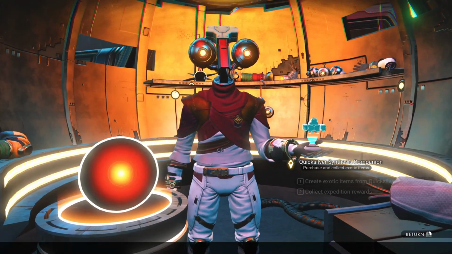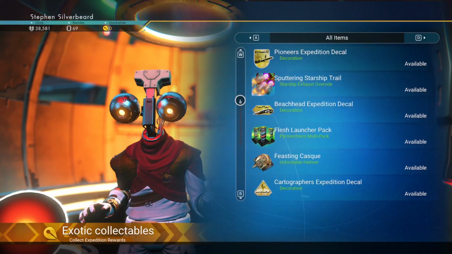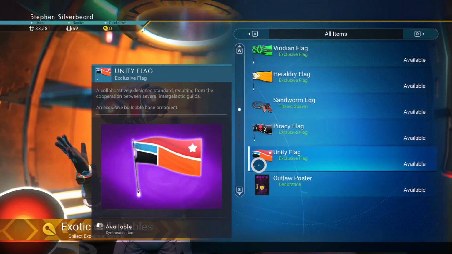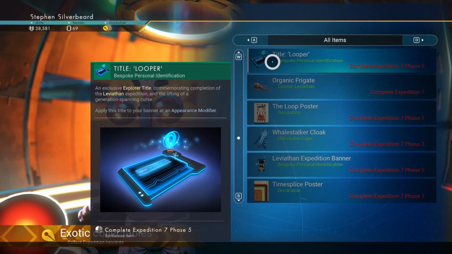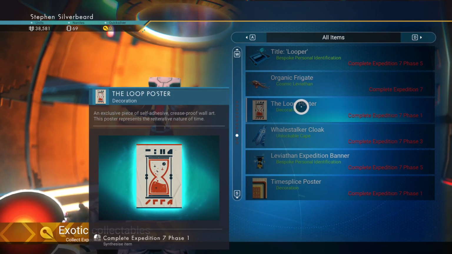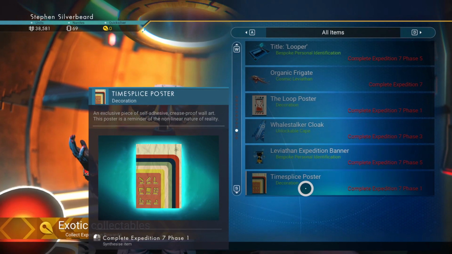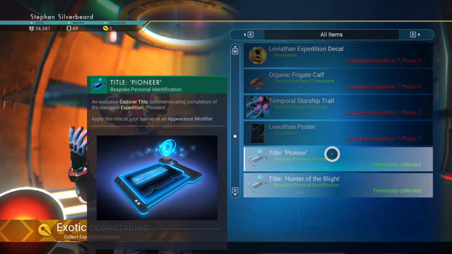And... collect expedition rewards. Let's see what we're working towards. So, we got title, a looper, bespoke personal identification, organic frigate. This is one of the new features that's been added into the game. I'm hoping that's a reward. We've got a loot poster, a whale stalker cloak, and a Leviathan time splice poster. And we got here previously collected,